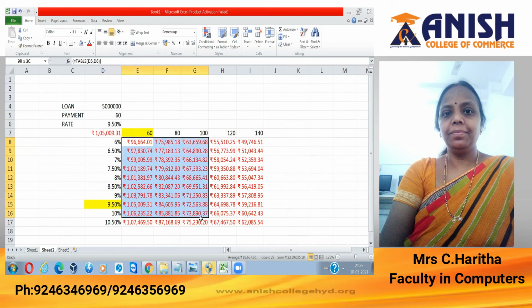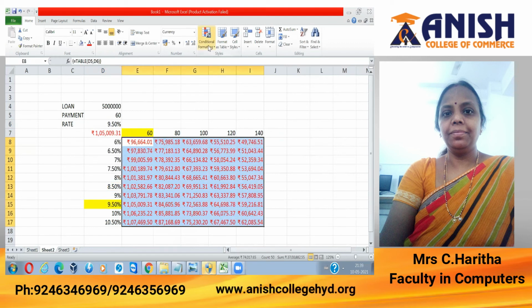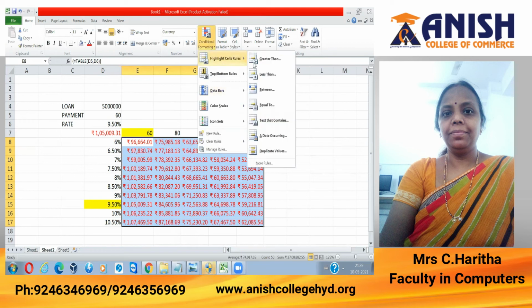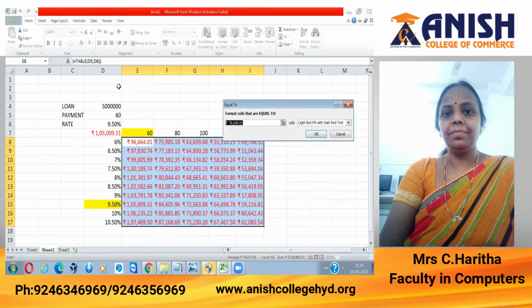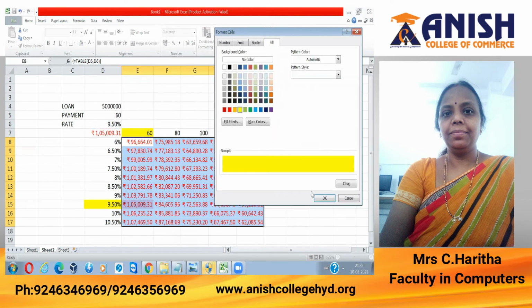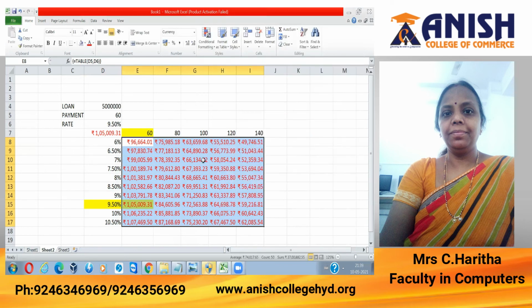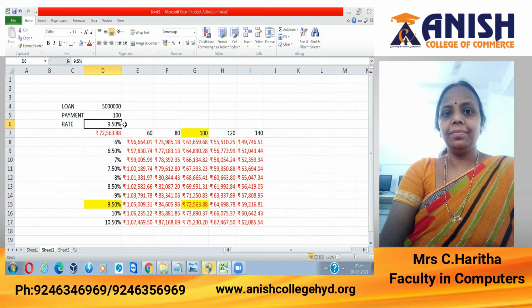Same thing in the grid, I wanted to highlight the cell value we have calculated. I'm using the same methodology, with custom format, giving such a color so that it is easily visible. So if I change anything here, you can easily see it in the grid.